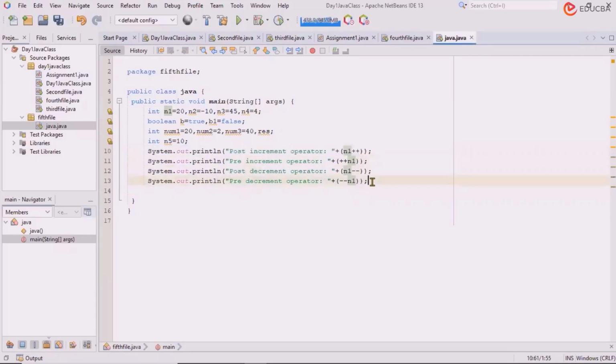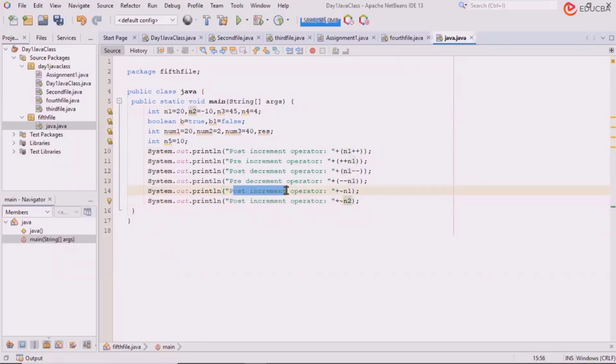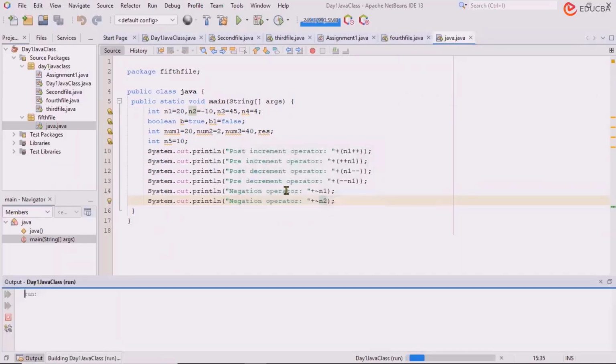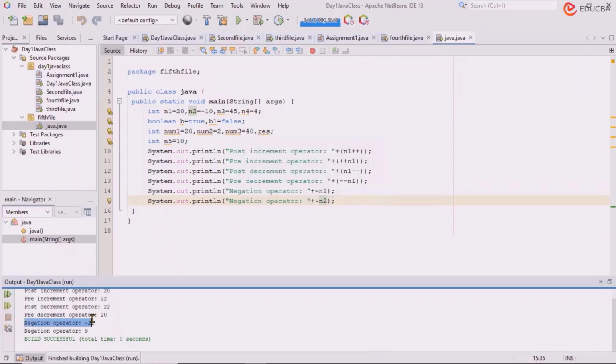Let's work with the negation operator that I have told you. So let's use the value of n1 again. Let's remove the bracket, not required. Have to make it like this. Now what is the value of n1 over here? It is a positive value. Okay. In the next line, we will take n2, and this is the negation operator. So let's just change it. Fine. Shift F6. See, the negation operator makes this, which is a positive value,